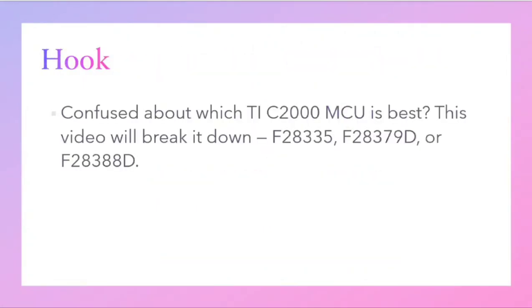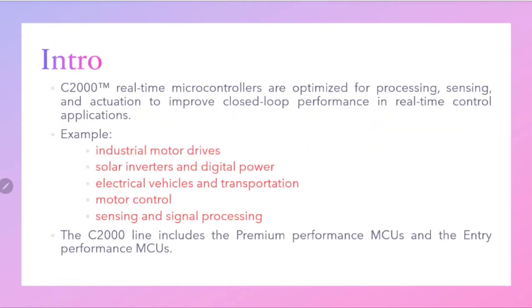If you are confused about which TI C2000 microcontroller is best, this video will break it down into the 28335, 28379D and 28388D microcontrollers. The C2000 real-time microcontrollers are optimized for processing, sensing and actuation to improve closed-loop performance